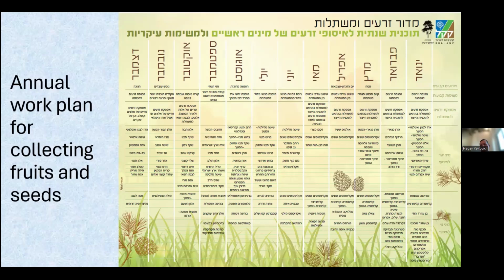I know this is January, February, March, April, May, June, July, and so on. So I know that here this is May, which species I should collect. These are species for forest. These are species that are ornamental, and so on. So I know exactly which species I should collect in which months, so I will not skip or miss any species. So I know now when, I know where, I know from which tree.